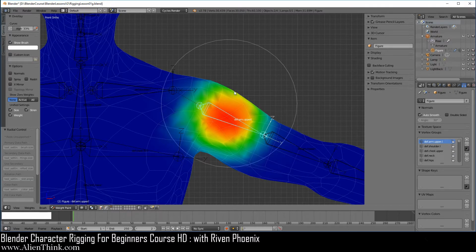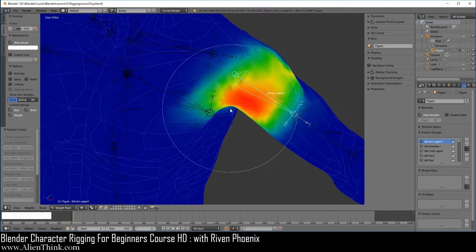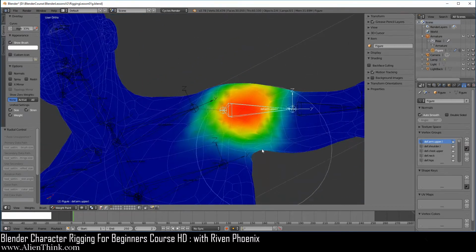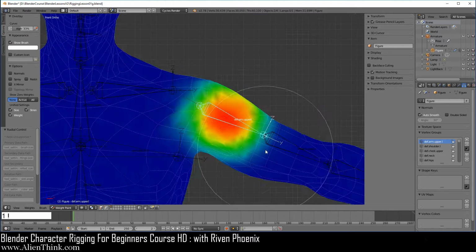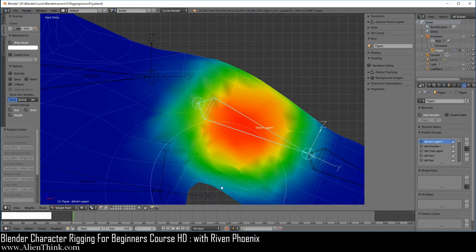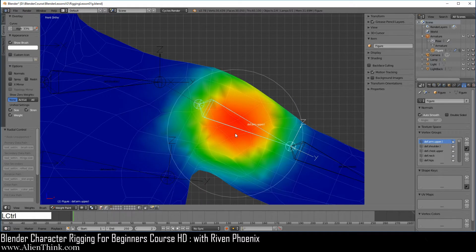Now when you click this, you'll notice that if you rotate this, the vertices here in the back are also getting the weight values, and over here on the bottom they're also getting weight values over here. Okay, now press the 1 key. Now the reason this is happening is because it's basically based on how you are viewing your figure, right? Even when the faces are curved, they'll still get those weight values over here. Okay, now to Control Z.